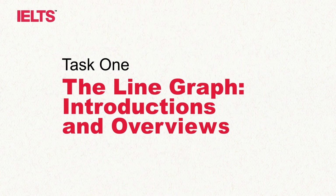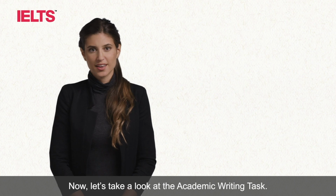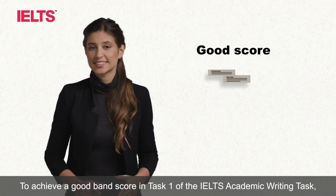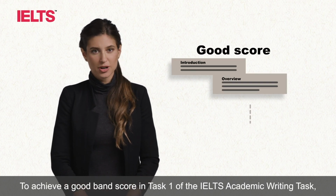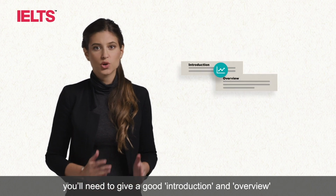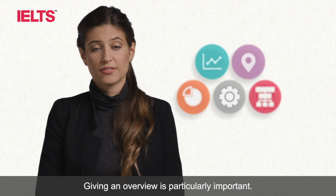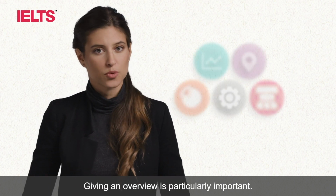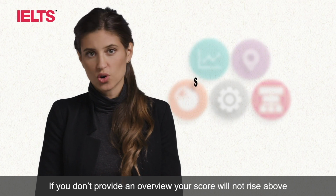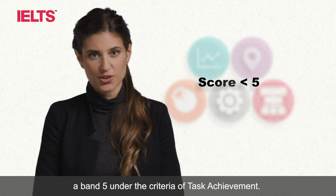Now, let's take a look at the academic writing task. To achieve a good band score in Task 1 of the IELTS Academic Writing Task, you'll need to give a good introduction and overview of a graph, map, chart, process, or diagram. Giving an overview is particularly important. If you don't provide an overview, your score will not rise above a Band 5 under the criteria of task